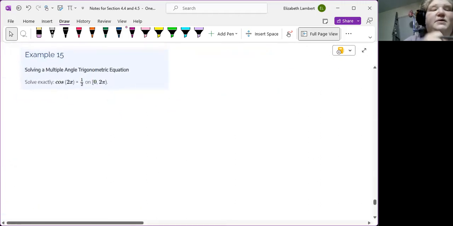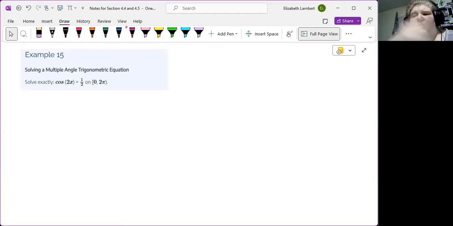All right. So a multiple angle trigonometric equation. So the ones after this now, which were before this, also do this. This one, like, it just focuses on the fact that it's a multiple angle thing. So I wanted to do it first, get this out of the way as its own thing. So here we have the cosine of 2x equals 1/2. So, like, I could go to what is the cosine of 2x using an identity and solve that way, but I can also use my 2 pi k